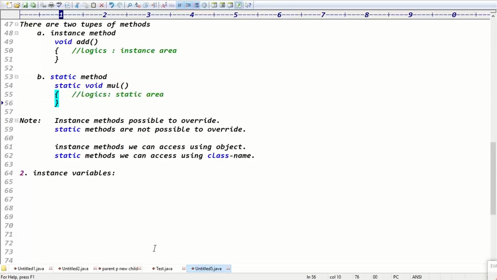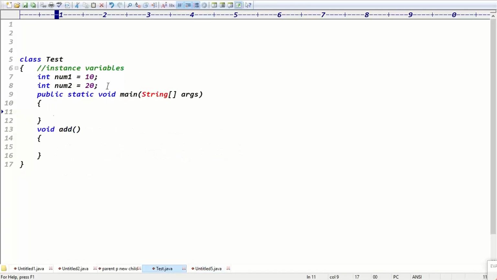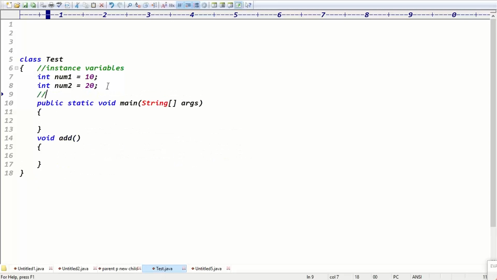When you come to the application here, what is the main method, guys? Is main an instance or static method? Static. Main is definitely a static method, because the public static modifier is there. Public static void main means main is definitely a static method. This area is called simply the static area, right? Static method, static area. Guys, what about the add method? Is add instance type or static type? Instance. Yes, add is an instance method.